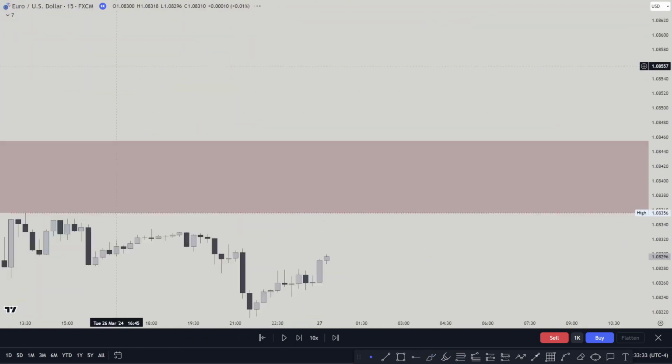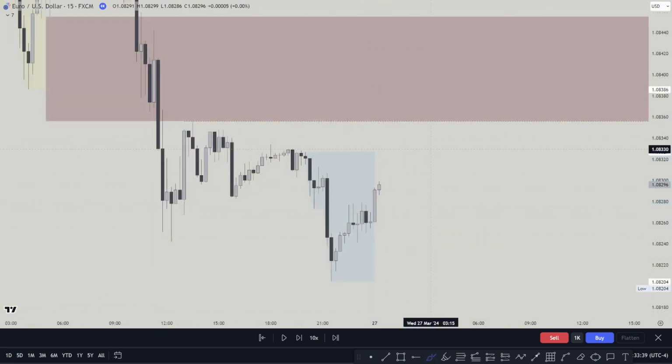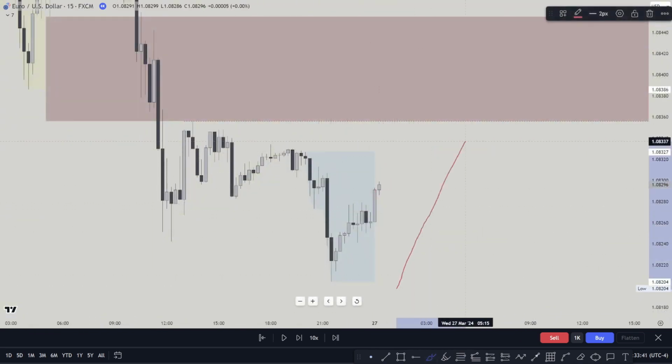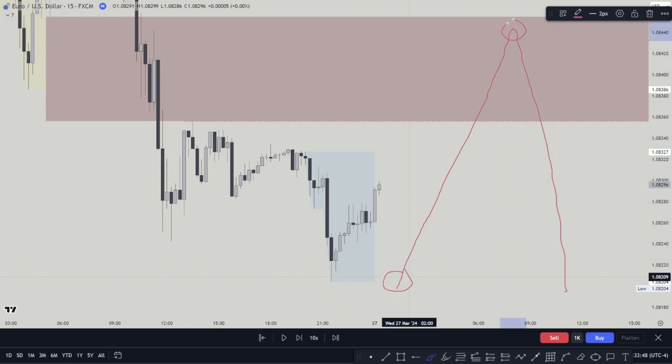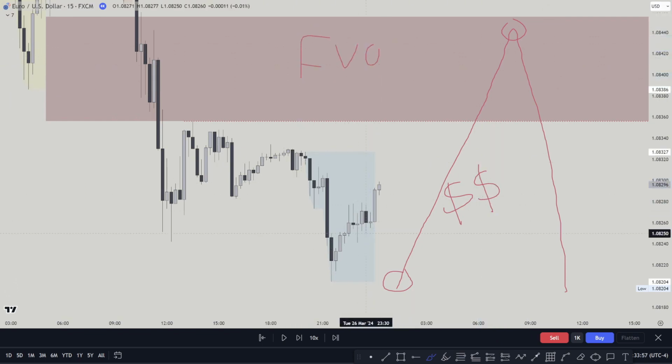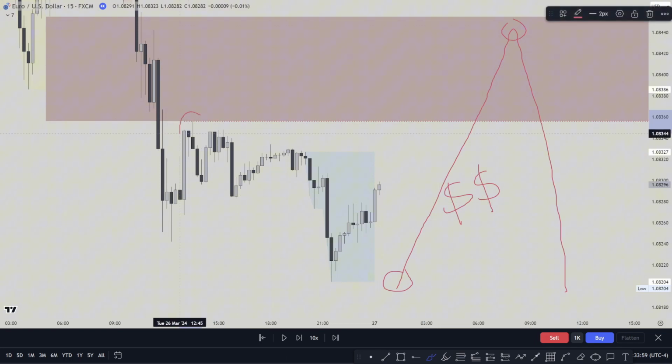Now going to 15 minutes again, in order for price to go higher. Now thinking logic, price doesn't go like this to a level and then react immediately. To go from this point to this point, we need fuel in the market. What's the fuel of the market? It's liquidity. That's the use of liquidity here. So you see, we're using fair value gap here, nothing else, right? Fair value gap, and we're using liquidity. This is also a liquidity level.